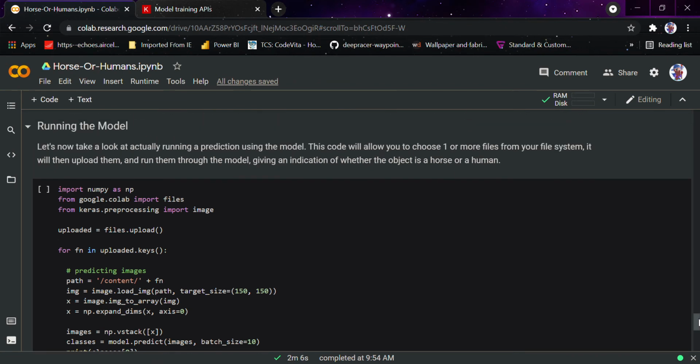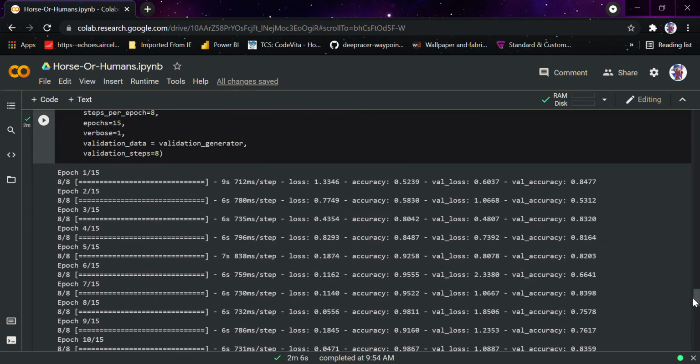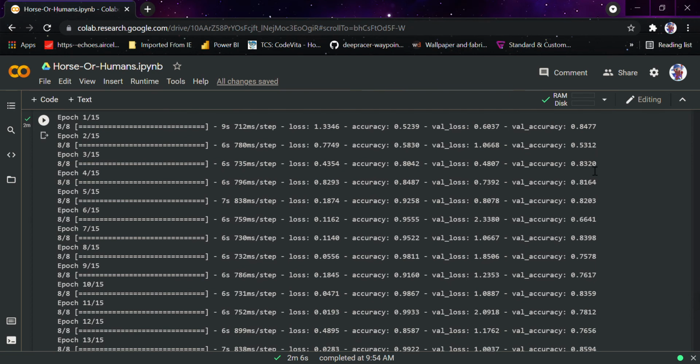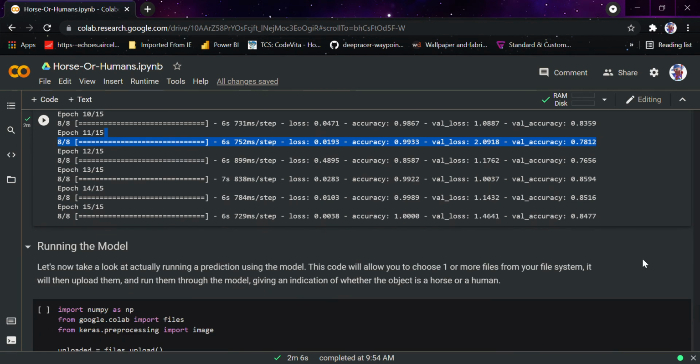So now we would run the model, and we won't be doing an evaluation for now because we have already done that. If you want to see the results, you can go here and you can see it started from 53, 83, then 64, it reduced, it increased, but at the end it was around 84%, 85% accurate, and there was 14% validation loss. But if you see the training data, it performed at 100%. The model was 100% correct on the training data and 85% correct on the validation data.